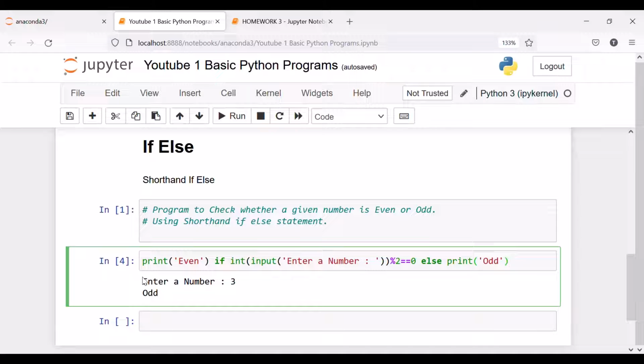and the shorthand if else is applicable only for short codes. The codes with just one single condition or similar codes. So here the body of the if statement is print even,